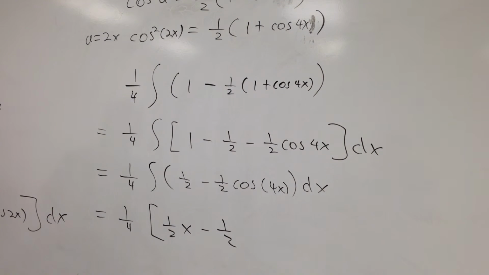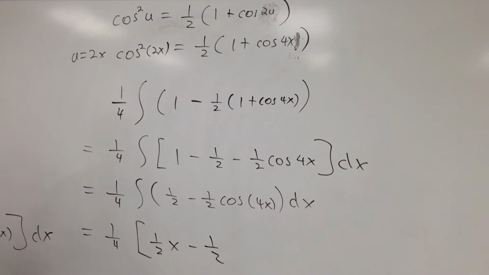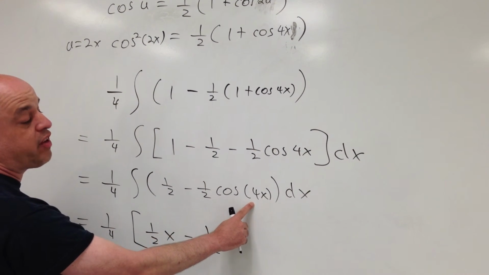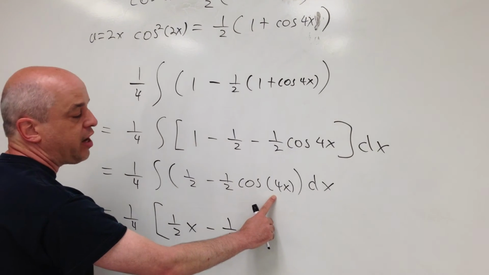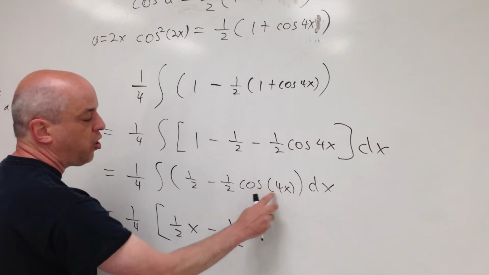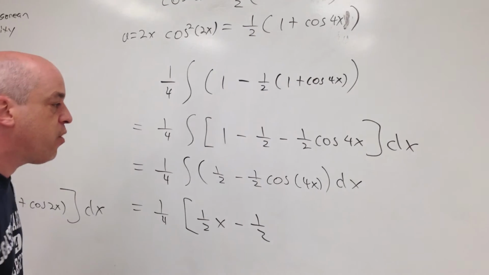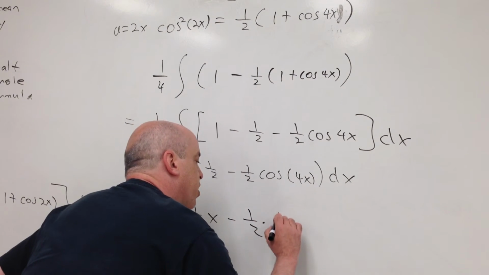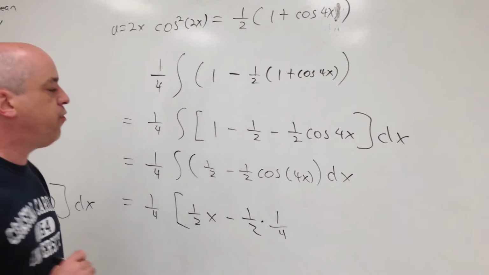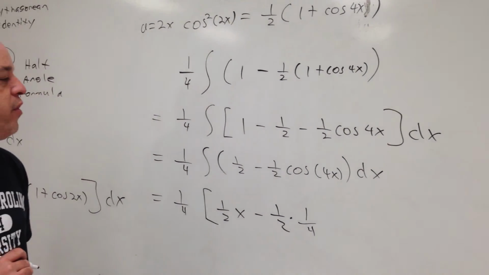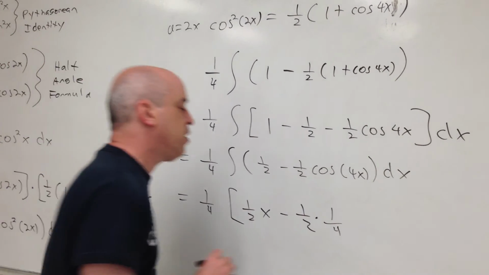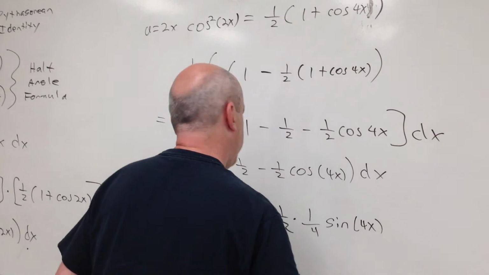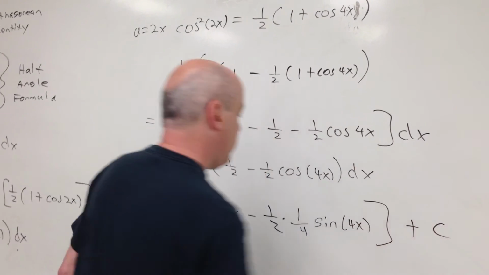Now technically here we're doing a u substitution, letting u equal 4x. It's easier if you just treat this as a chain rule, kind of opposite of a chain rule, whereas if you were to take the derivative, you'd multiply by 4. Taking the antiderivative, you need to divide by 4. So that's where the times 1/4 is coming from. I'm dividing by the derivative of 4x. And then the antiderivative of cosine is plus sine. And then one can always check this by taking the derivative with the chain rule,